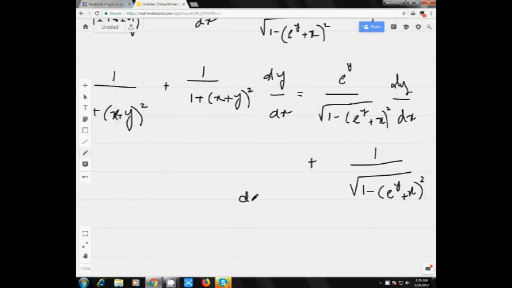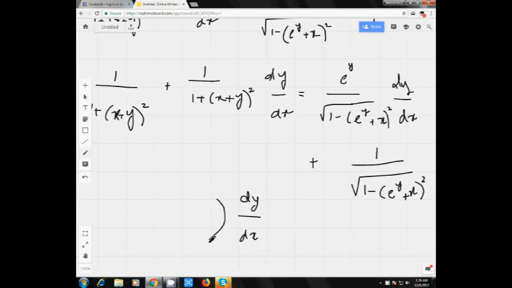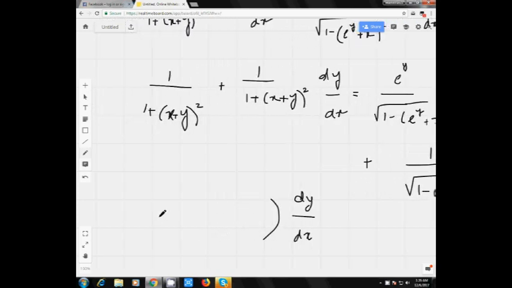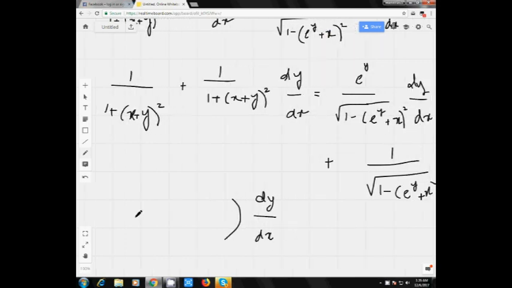Bring the dy by dx term towards the left hand side, and you're going to find that 1 divided by